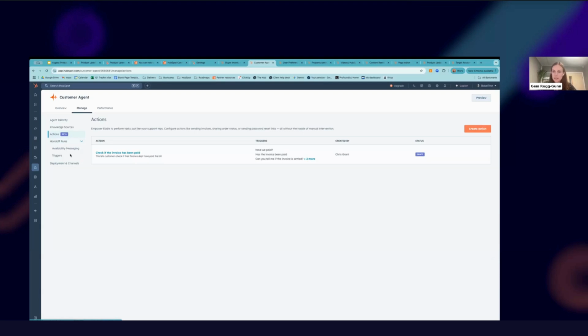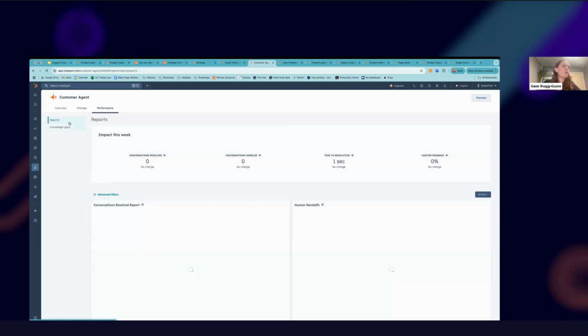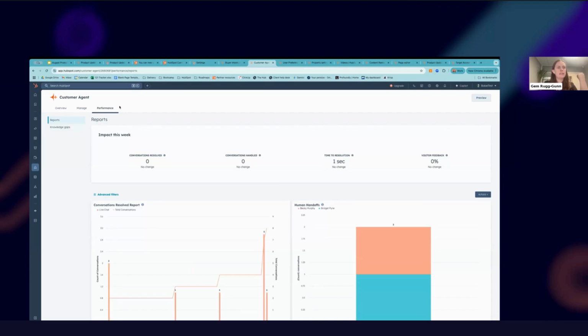So if there are set processes that you follow, examples I've seen are resetting a password, or like this one, check if an invoice has been paid, you can actually give set steps to the agent. So it's not just teaching them the answers to questions, but also teaching them the process for questions as well. So really nice to add that in. And then looking into performance as well. So there's now a lot more you can be doing and easier to navigate between all of those different sections